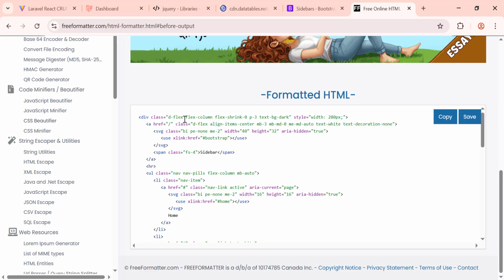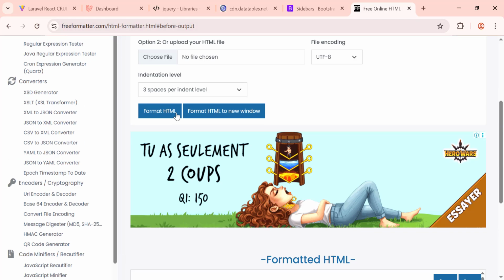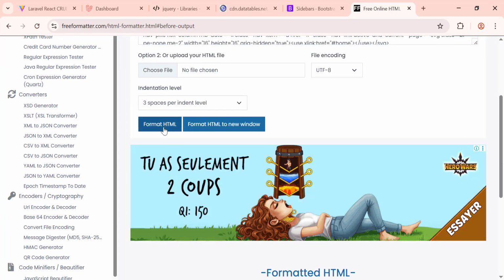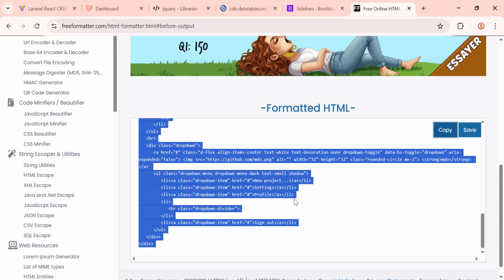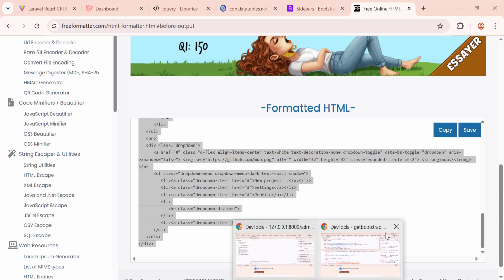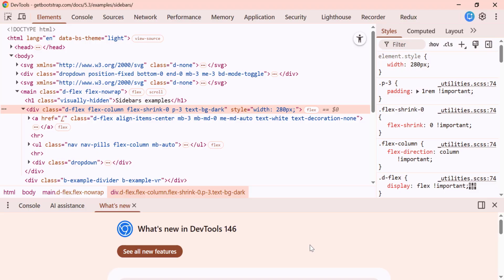Find a website that formats the HTML for free. You can use this one if you want. Paste everything here and click format, and we have our code formatted. Okay, because here, as you can see, let's close this extra dev tool. As you can see, we have here